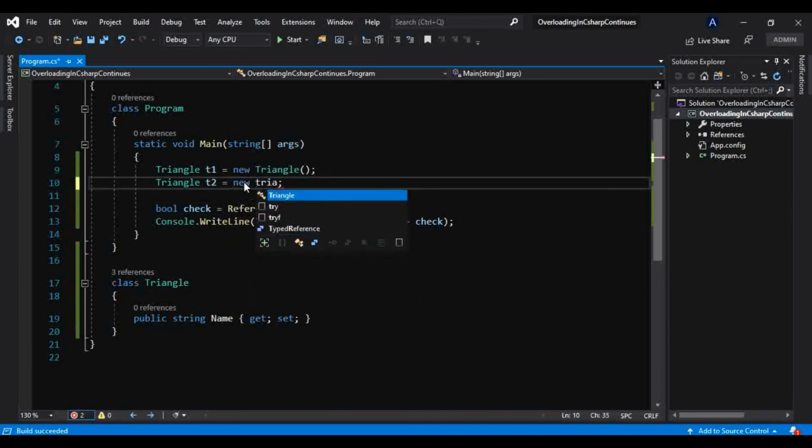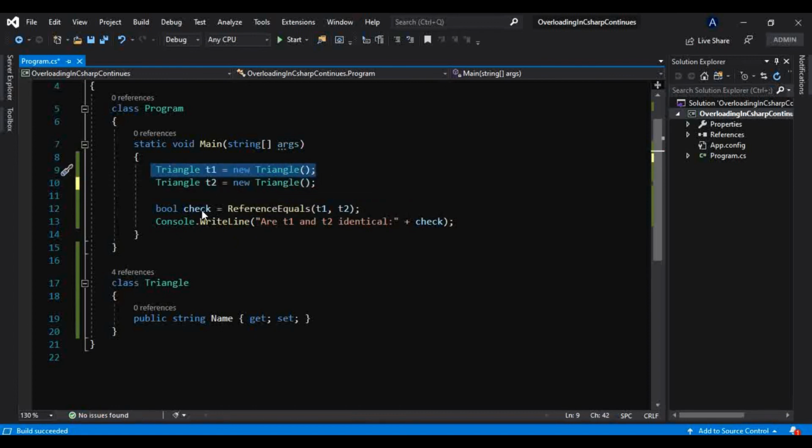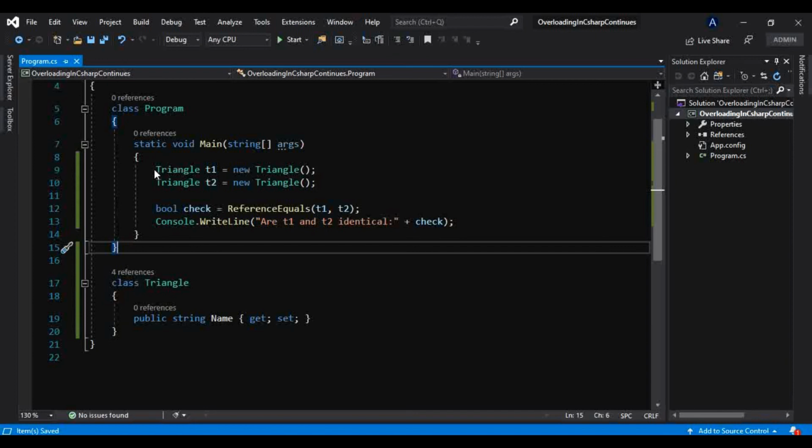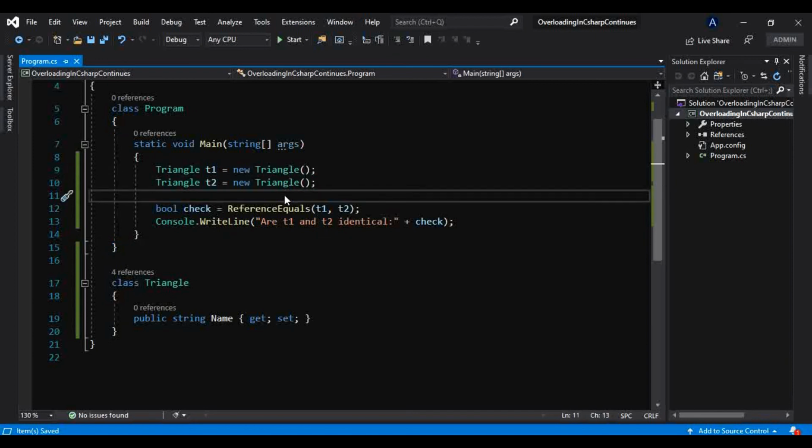Now we know these are two objects of the same type, but they are not identical. They may be equal, having equal content and the same data in memory, but they are not identical to each other. They are not pointing to the same reference or the same instance.